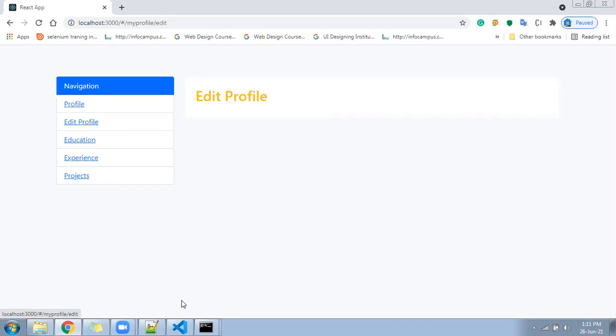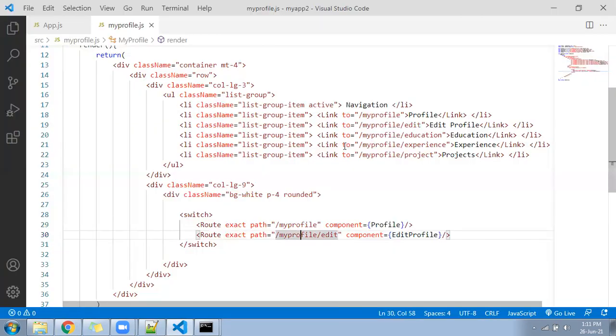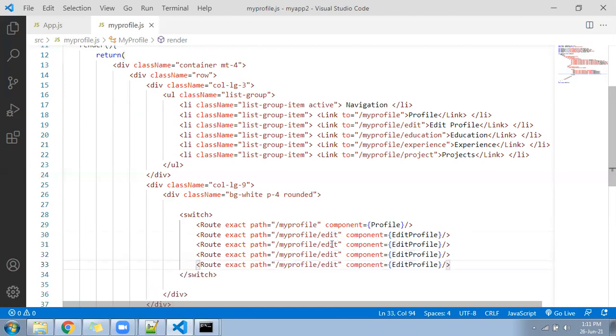Hope you saw this. Now let's come back. So how many pages do we have? We still have some. Let's go here and add below: third one, fourth one, and fifth one. The third one is called education. What I am writing should match the path here. Next, if it is education, then you have to load the education component that you created on the top.